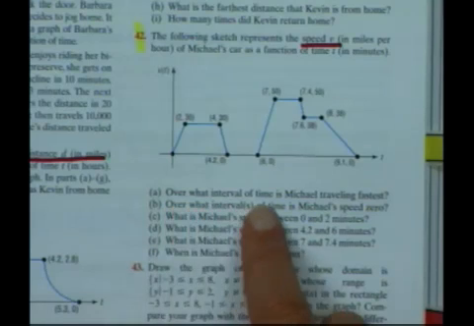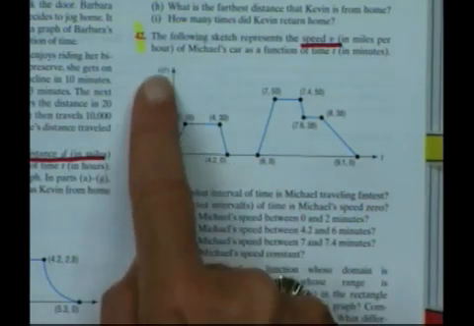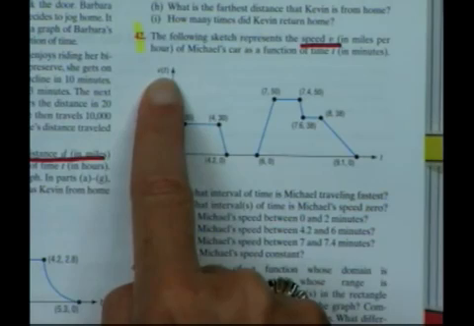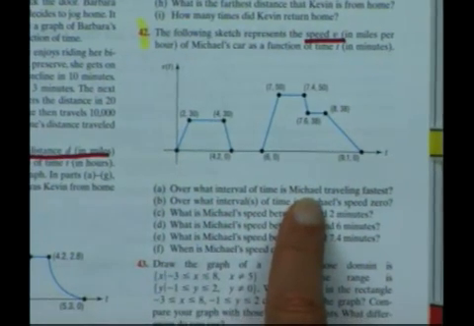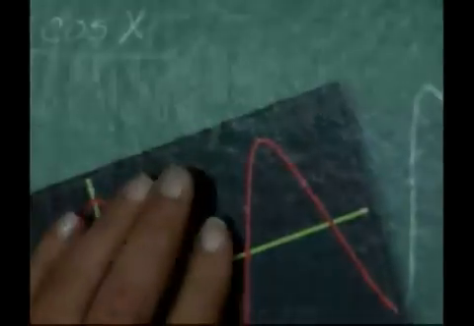Okay, minutes versus your speed. Okay, over what interval of time, now don't forget, the y-axis represents your speed, the x-axis represents time. Over what interval of time is Michael, by the way, that's the name of your textbook author, Michael Sullivan,